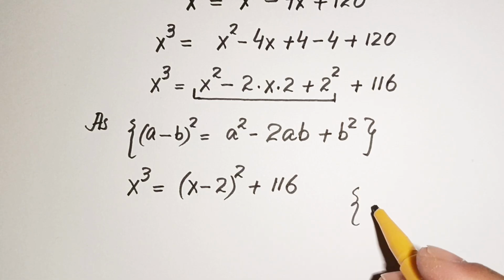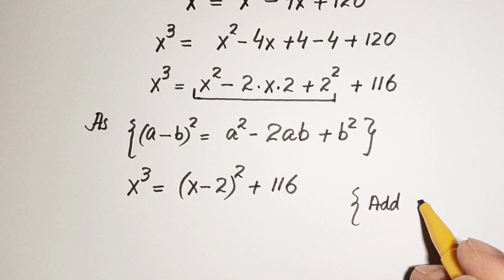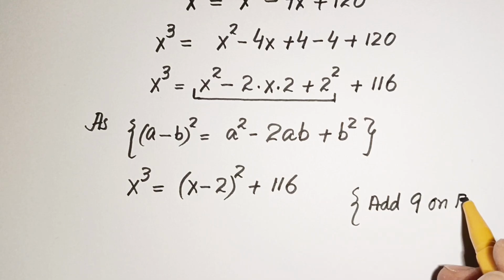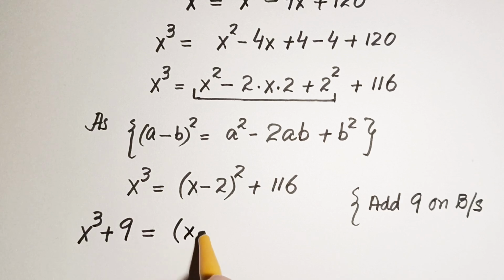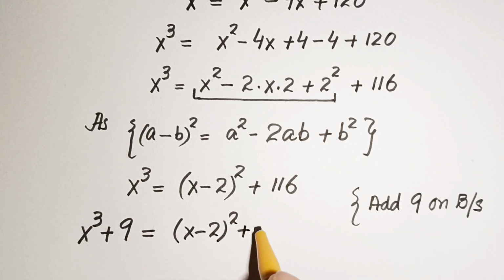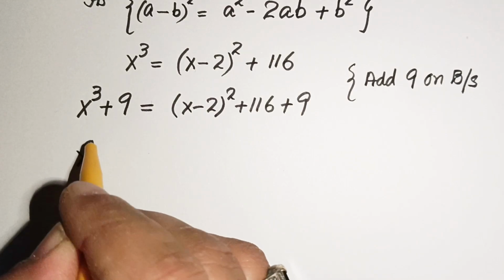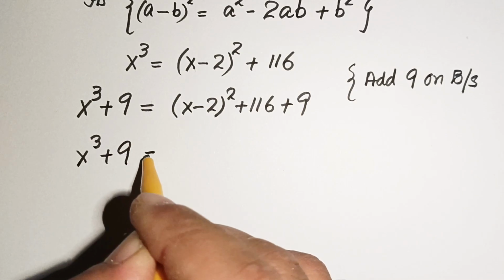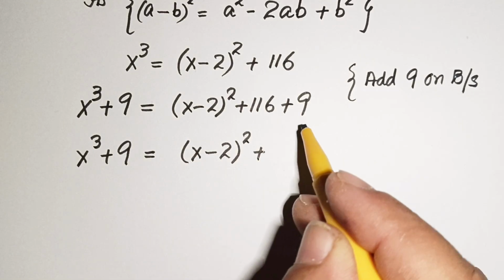Now if we are going to add 9 on both sides, then by adding 9 on our left hand side, we get x cubed plus 9, and here we have x minus 2 whole squared plus 116 plus 9. We have just added this 9 on both sides. So here we have x cubed plus 9 is equal to x minus 2 whole squared, and here we get 116 plus 9 is